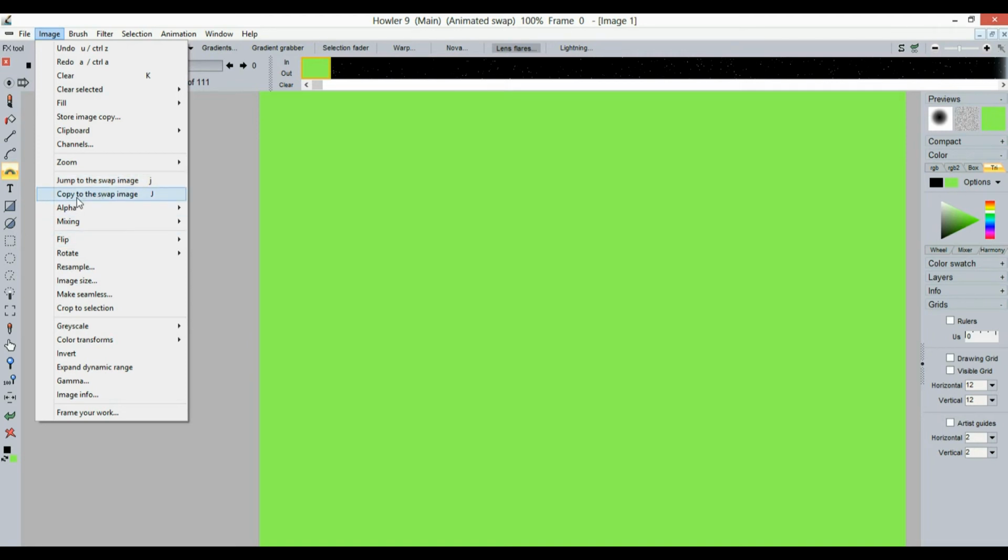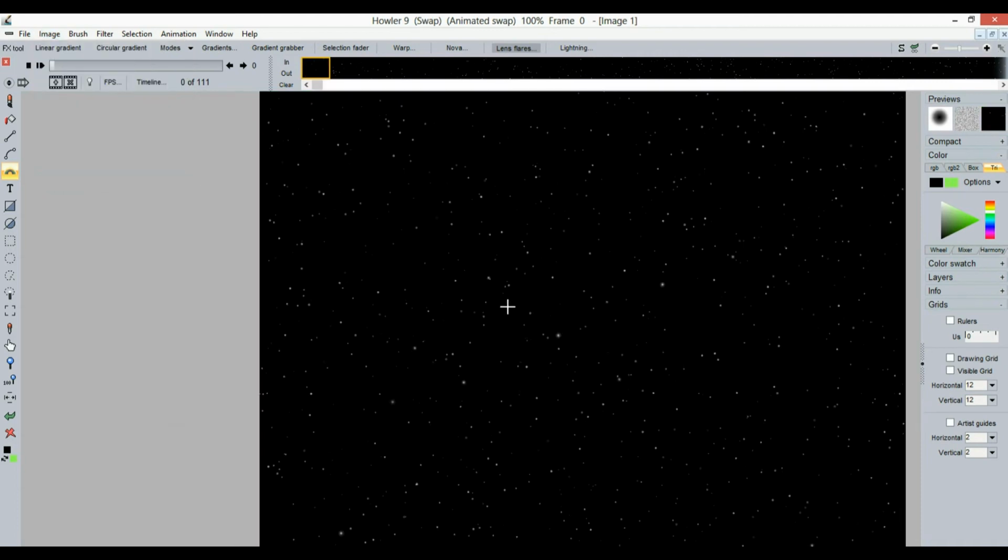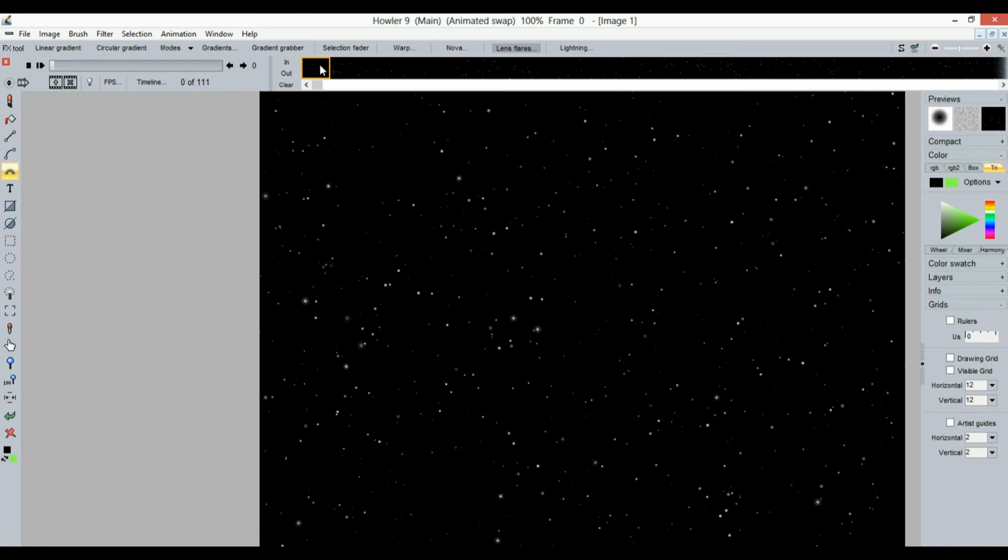Well, you can animate in this case, and you can jump to that swap buffer. That's what you do here. It's jump to the swap image, and there it is. That's the image coming from the animated swap buffer we have loaded from the file. How do we know? Well, let's go and switch back to the other one, and you can see that it's got a different star layout, right? So you can jump between the two,